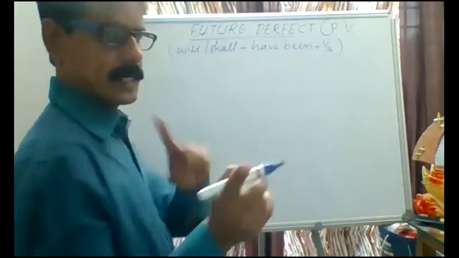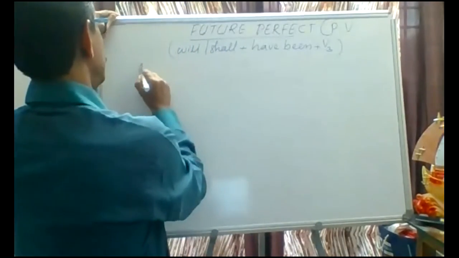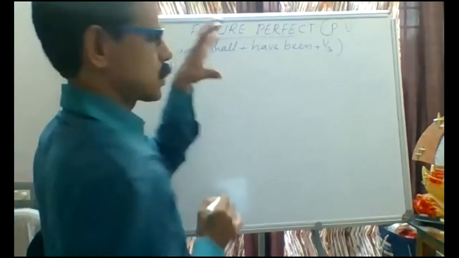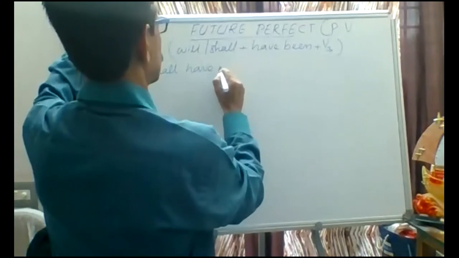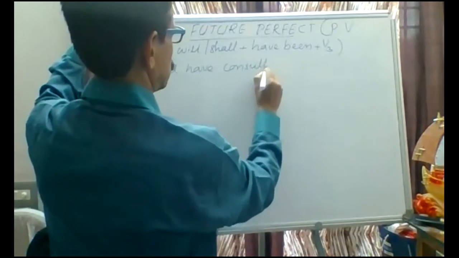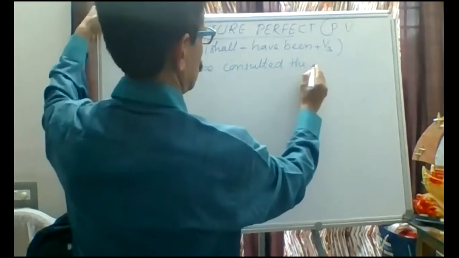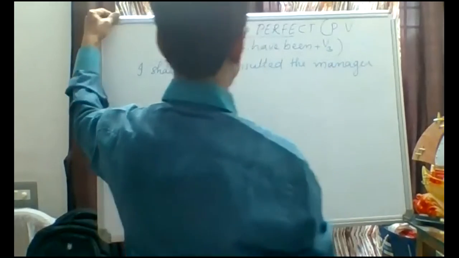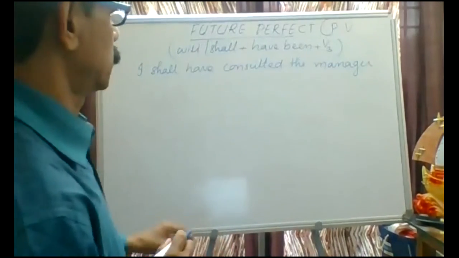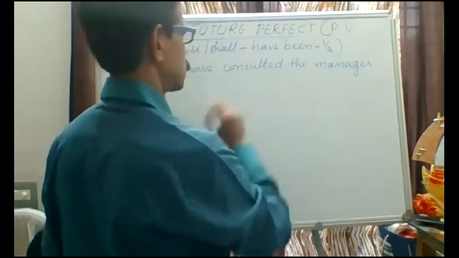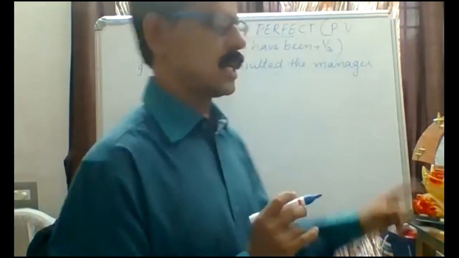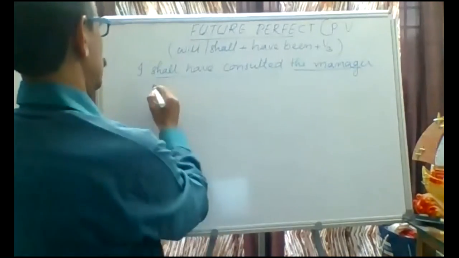Let us see. If we take one example: I shall have consulted the manager. So here, shall have consulted is the verb. Whom shall I have consulted? The manager. The manager is the object. So this manager we must take as the subject here. So the manager